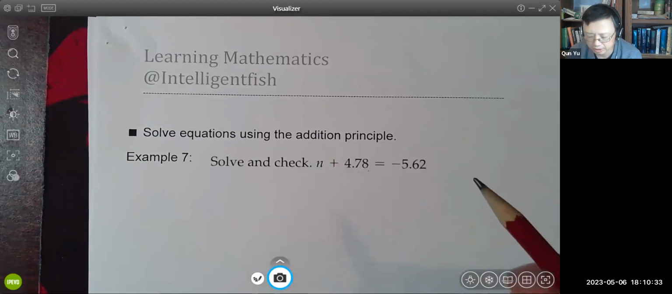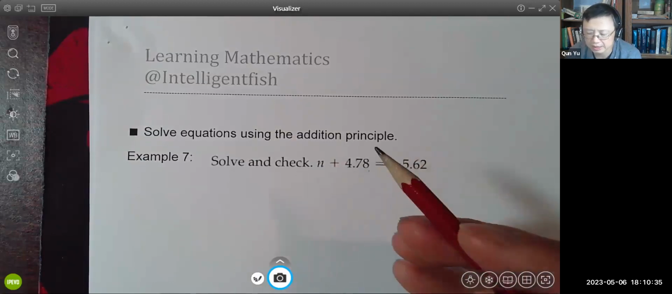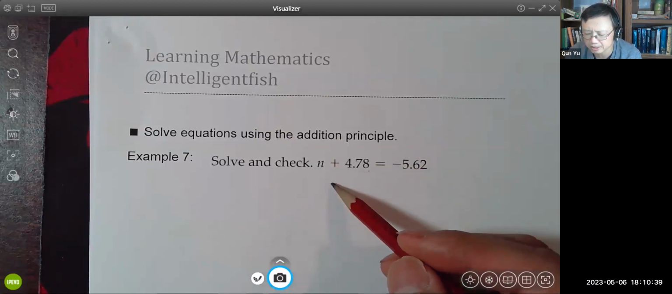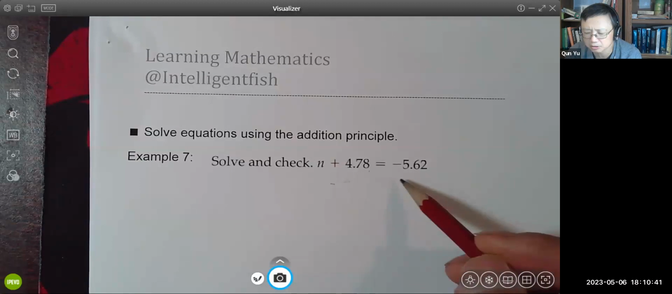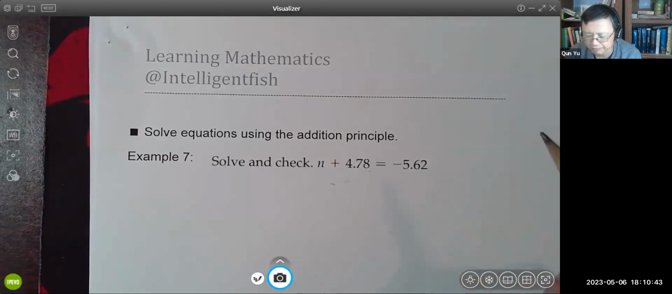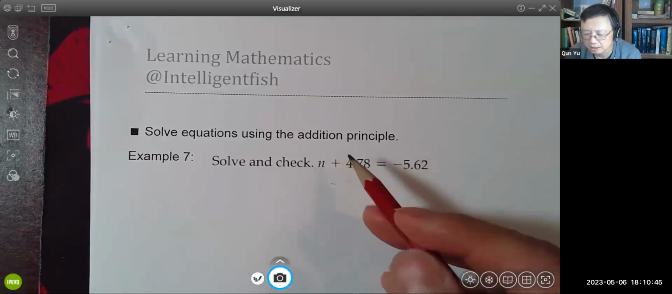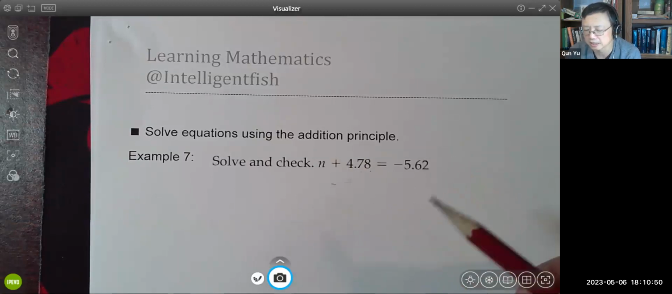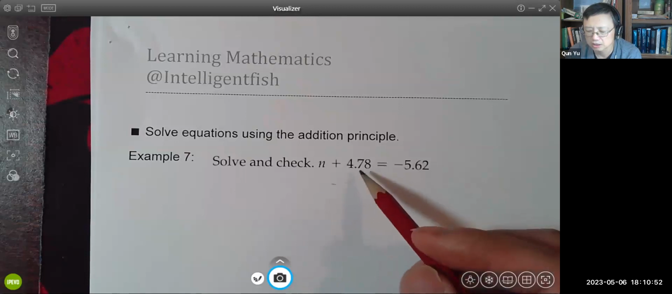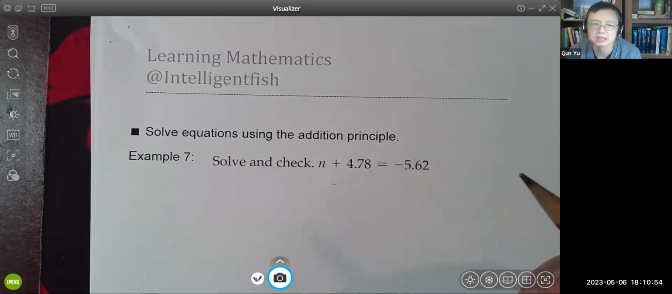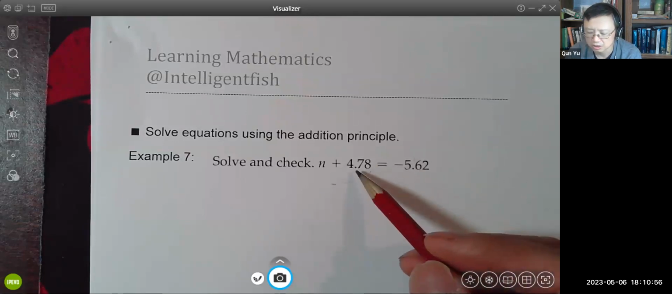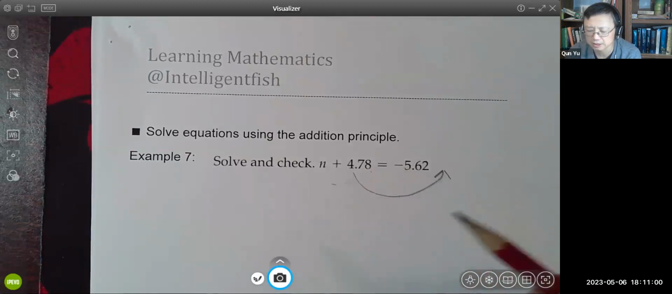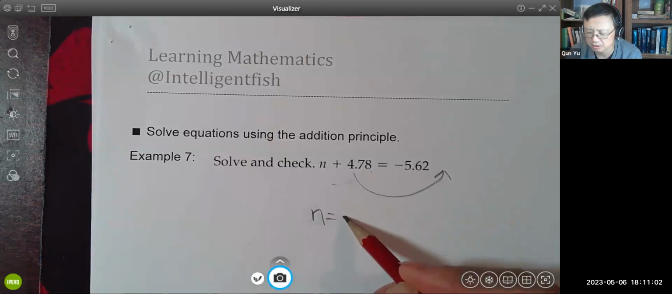How do we get rid of it? In general, in any textbook, they would say you need to do the opposite operation. You do minus 4.78 on both sides. That's totally fine, no difference. And usually, when I do examples in the classroom, I just show people how to do things intuitively. So in other words, if we don't need this term, we just simply move it to the other side. So n equals negative